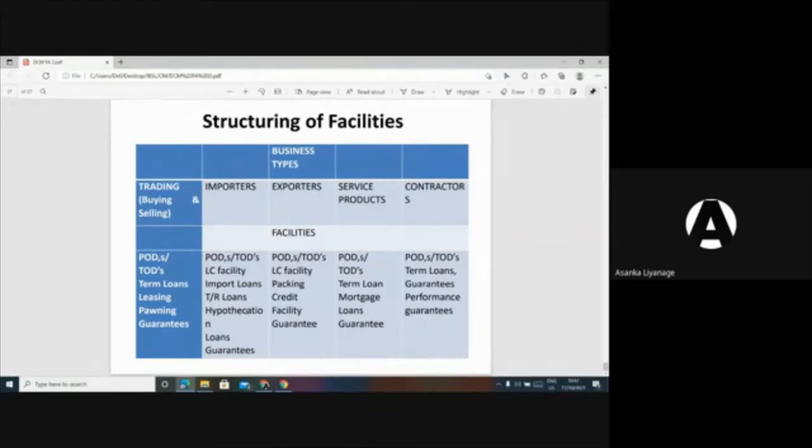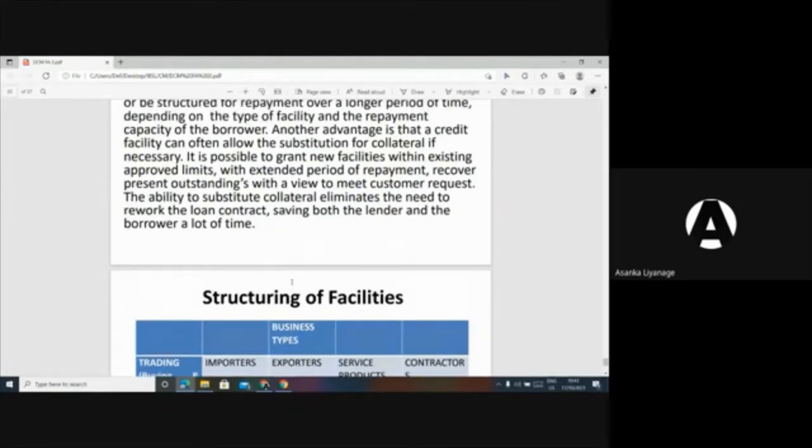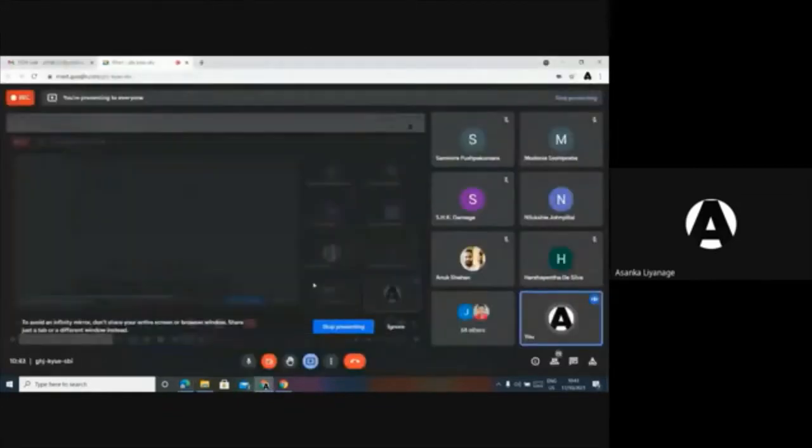Then exporters, similar to importers. Service providers, in addition to the things mentioned, you can take mortgage loans, guarantees. Then contractors. Apart from the things mentioned, you can have guarantees, and bid bonds also you can propose. Right. Those are the things that I want to mention. If you do have any questions up to now, what we discussed